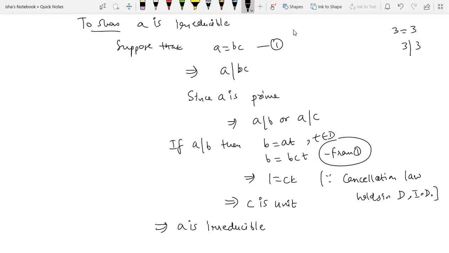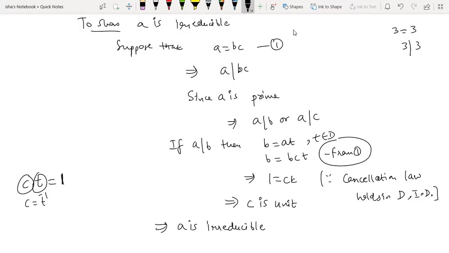Okay, this says c is a unit. Is it clear up to here? 1 is equal to ct, did you understand? Yes madam. So if 1 is equal to ct, clearly c is a unit element. A unit element is one where, if multiplying it with another element gives 1, then c is basically t inverse, right? That is the definition of a unit element: if you are able to find another element such that the product is 1, which is the multiplicative unity, then both these elements are unit elements. So it implies c is a unit element.